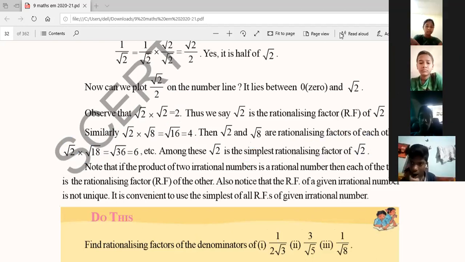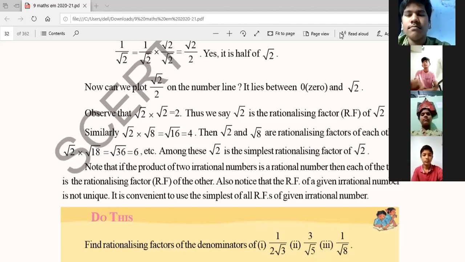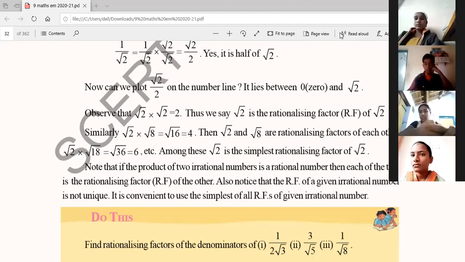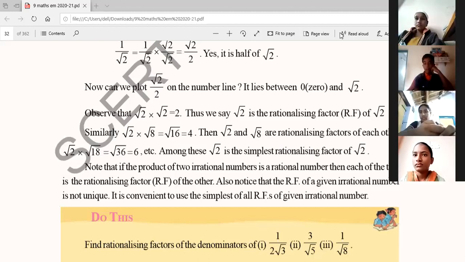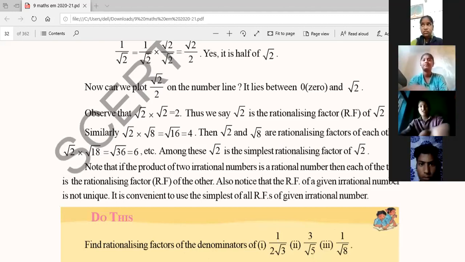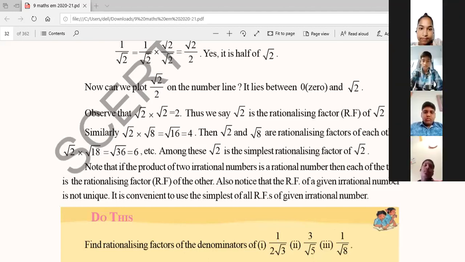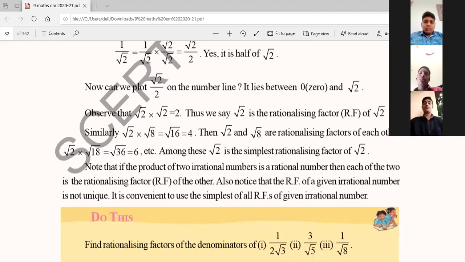Any doubt? No, no. Sit properly, all of you. Is there any doubt? No doubt, right? Okay, good. Next,